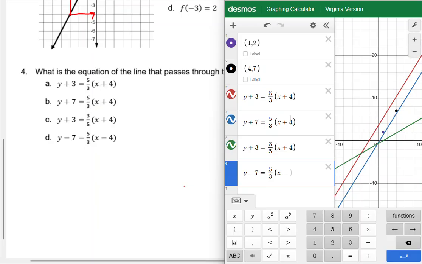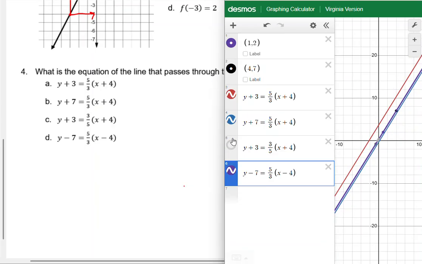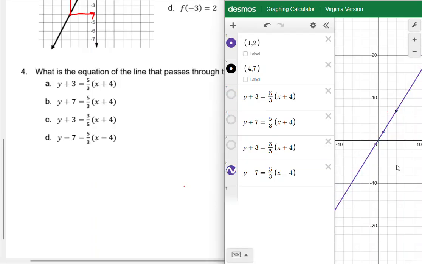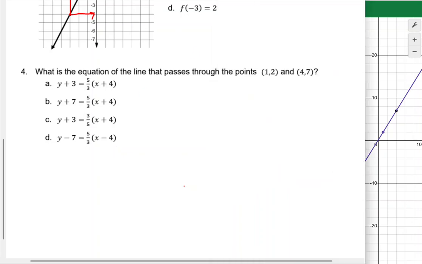Okay, again, this only works because there are answer choices. So we're just kind of trying to look for the answer. That one works. But now I want to show you how you can do this question if you weren't given a graph or multiple choice. So looks like here, the answer is written in point slope form. Okay, point slope form,